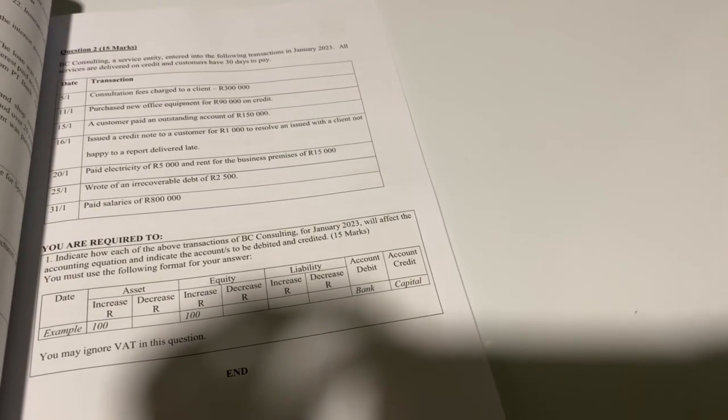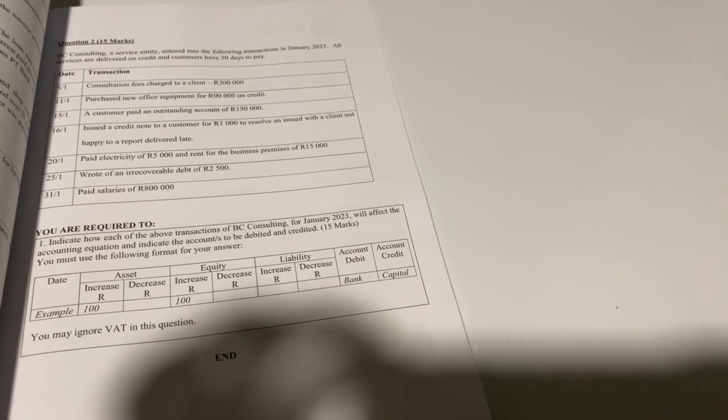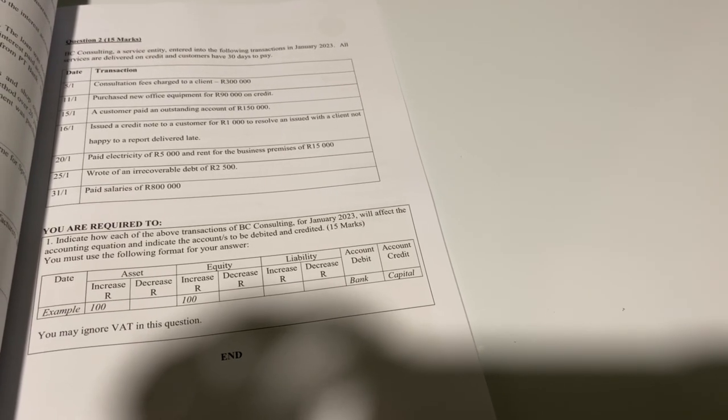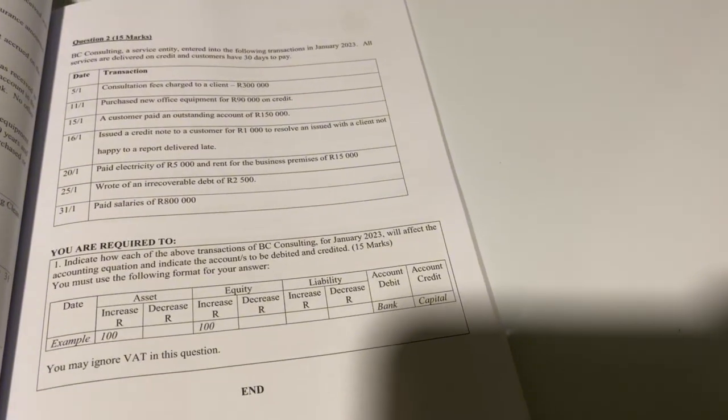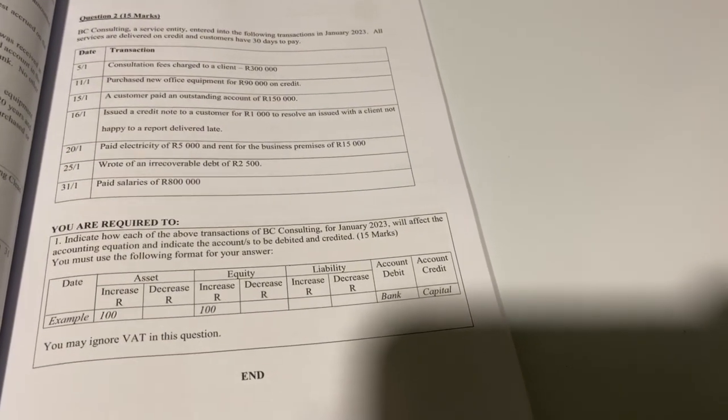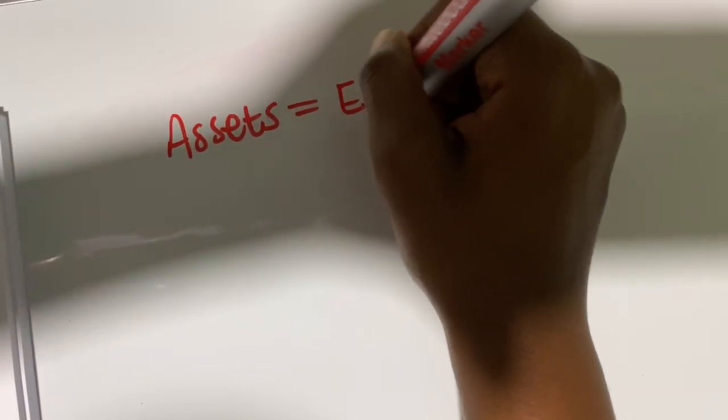So this is the question. Hopefully you take a screenshot and then we can move forward. This is the screen question. We're going to be focusing on the accounting equation. And the accounting equation is, actually, let me try holding this properly. Accounting equation is assets is equals to equity